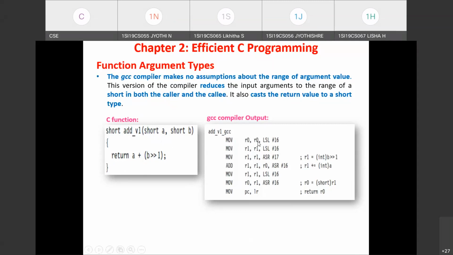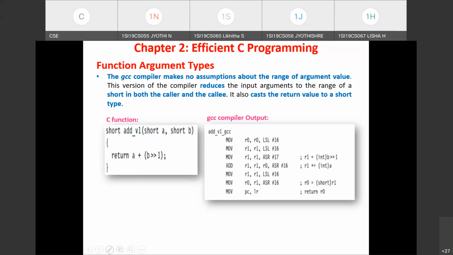Just see here, in common we are performing the arithmetic right shift, that we shall see later. What is the first operation performed? Before that, you should know the two operations to be performed for reducing the 32-bit value held in the register to 16-bit signed range. We need to perform logical shift left 16 times, and then arithmetic shift right 16 times. In that case, the 32-bit value will be reduced to 16-bit signed range. So that operation we are doing here.